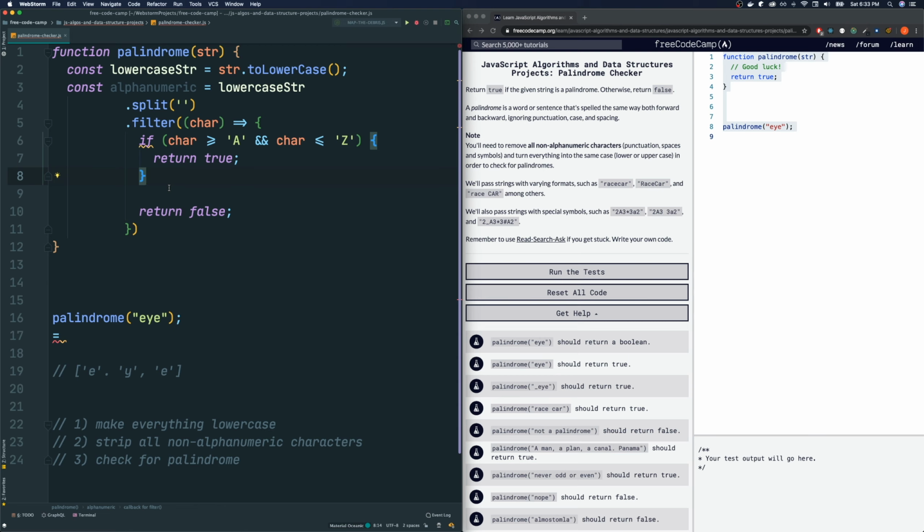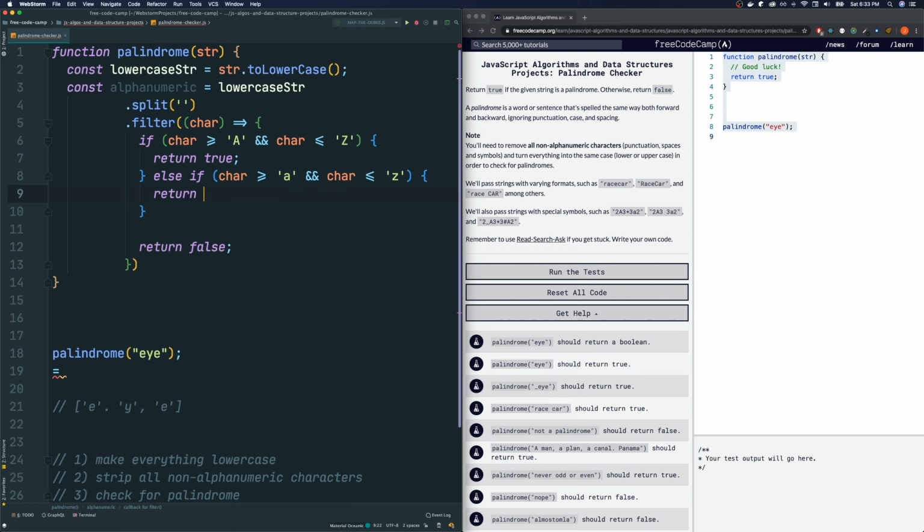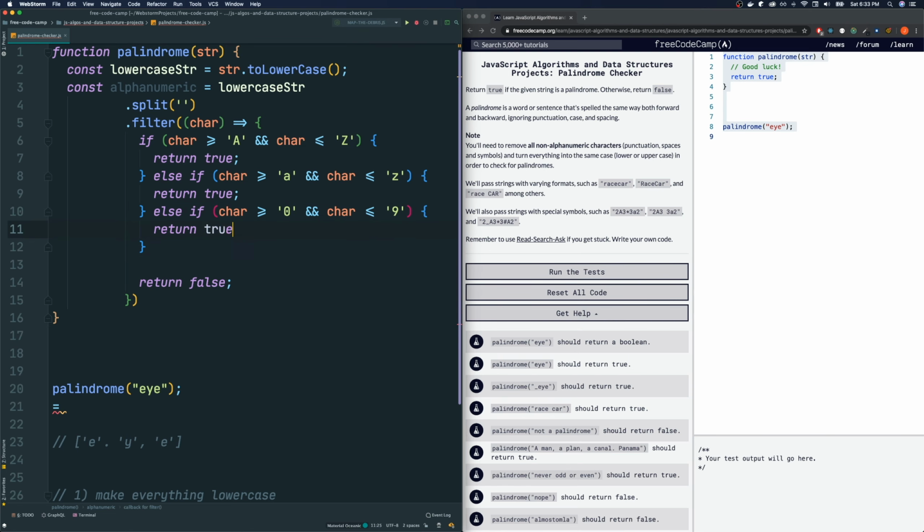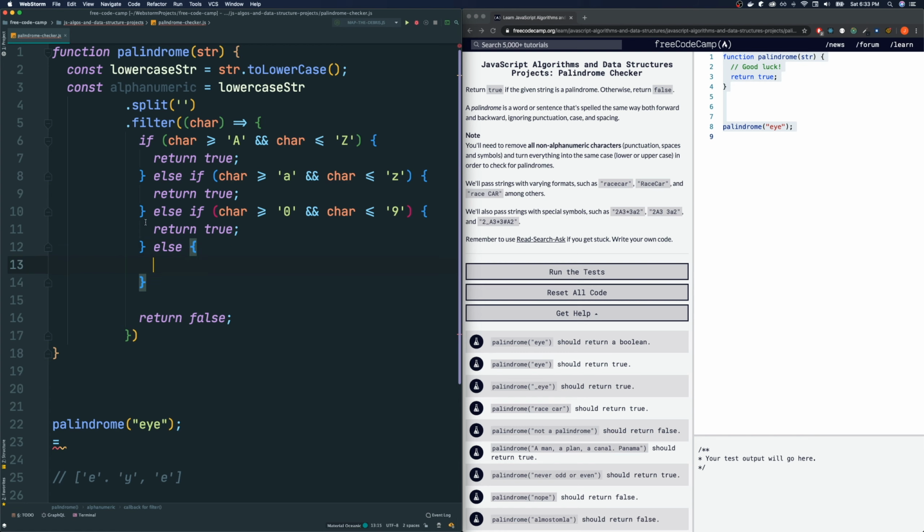Maybe we could even do an if else. Else if car is greater or equal to lowercase a and car is less than or equal to lowercase z, return true. Else if car is greater than, remember it's a string, so I'm gonna say greater than or equal to string 0, and car is less than or equal to string 9, that's very important, I think. Return true, else return false. So this is a very long and tedious way of checking to see if,